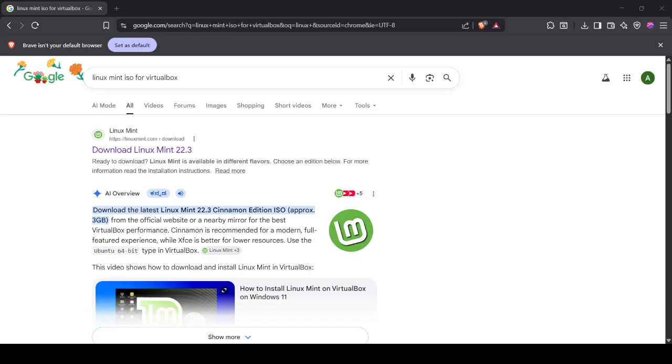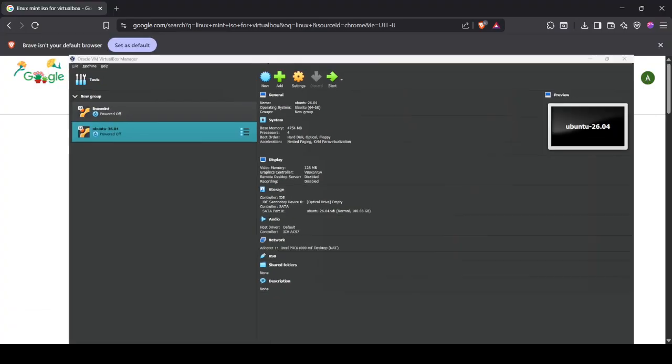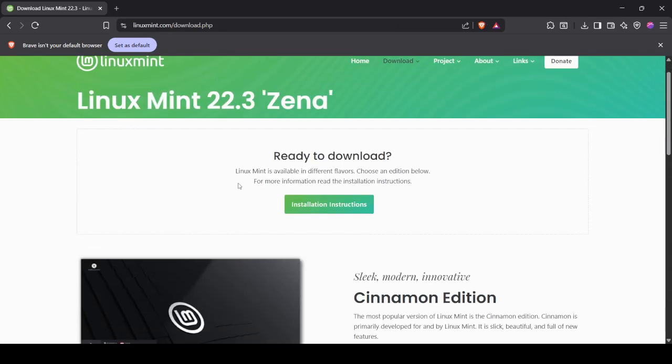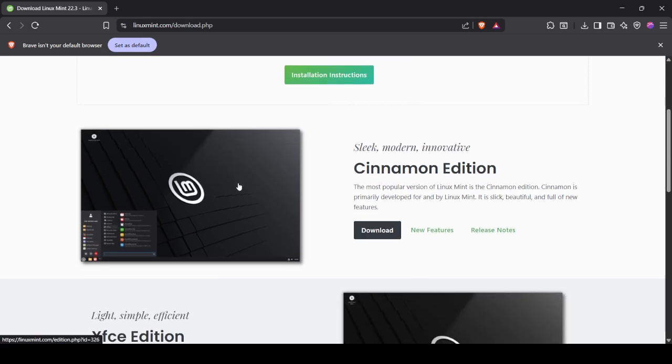Hey everyone, in this video I will just show you how you can install Linux Mint 22.3 in your Windows system and inside the VirtualBox. So you need to just search on Google for Linux Mint ISO for VirtualBox. First of all, you need to download one ISO image, and that image will be used in your VirtualBox to install this particular